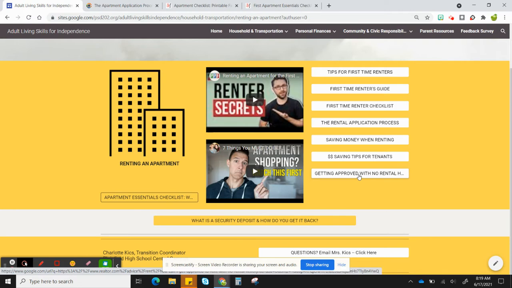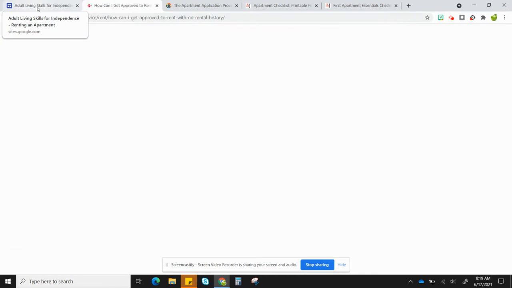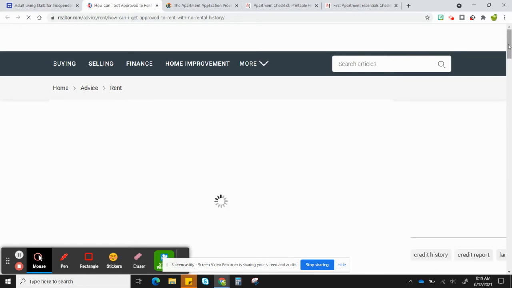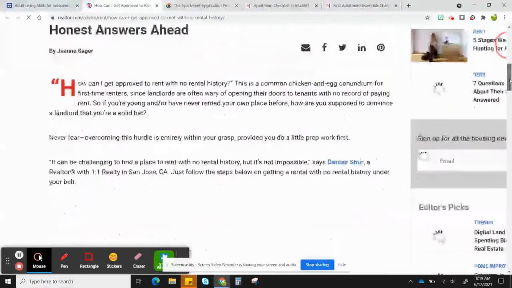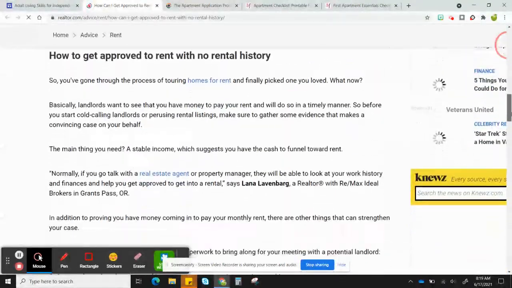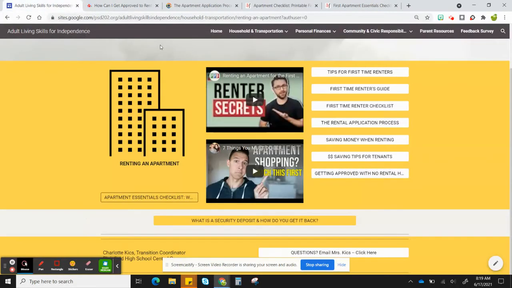This one might be helpful to students as well. Getting approved with no previous rental history, which all of our young people will experience things for the first time, which all adult facilities and services are aware of that, but there are some things to be aware of. And when you are a young person who is very well informed, it really can help you to be best prepared and to save a lot of money with the things that you're doing. It's important to know what a security deposit is when you rent an apartment, so this link here will help